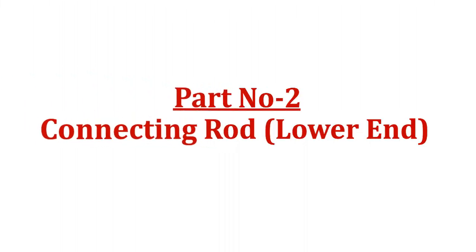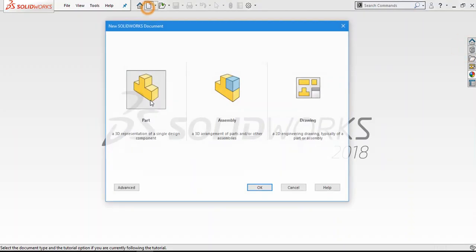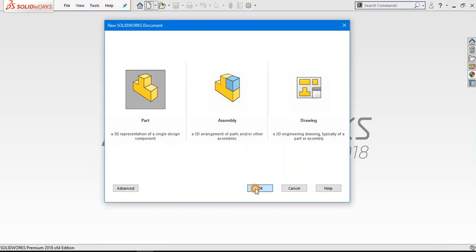Now close this. And again go to new and select part.